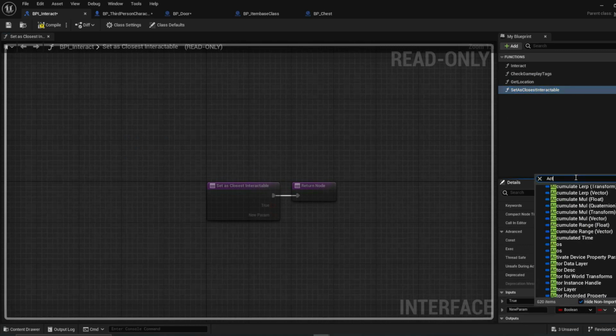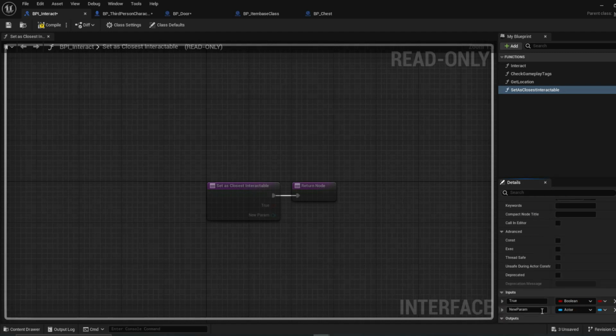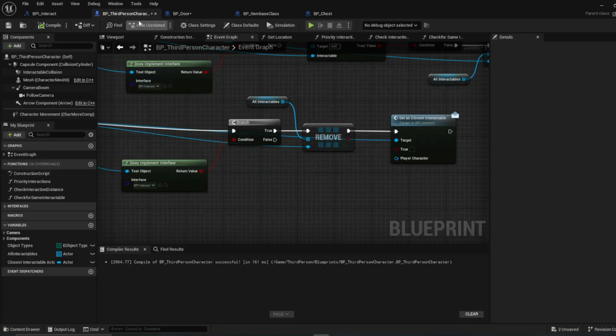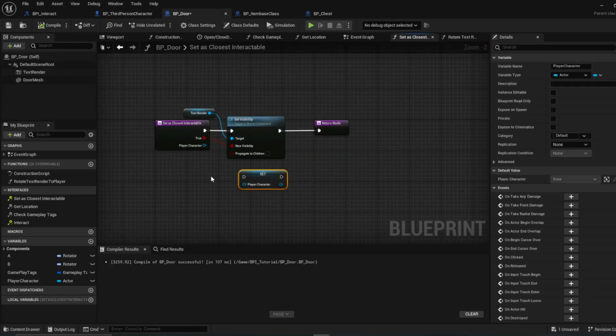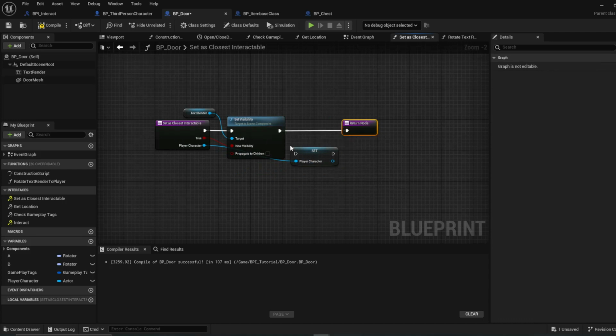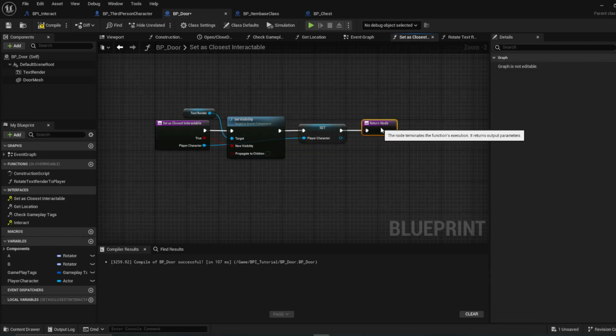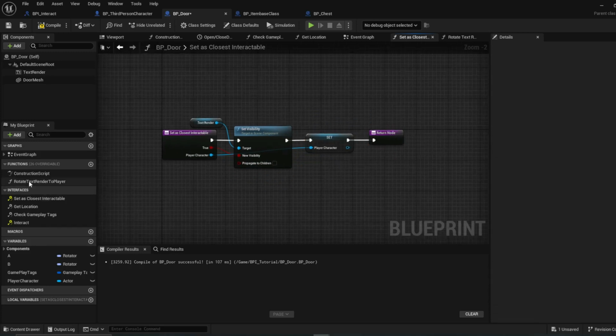We'll add an actor here. And we'll also name that player character. Okay. So we'll do this here. And then we will